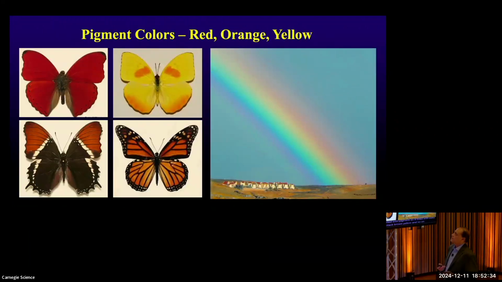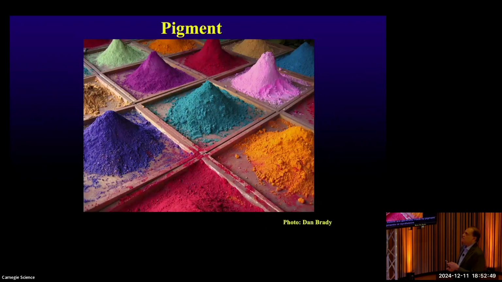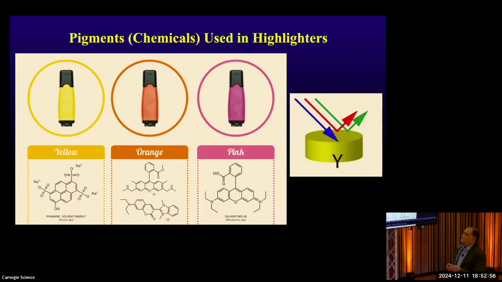So we know that pigments are often used for what we call the long wavelengths of the rainbow. So reds, oranges, yellows, browns, all of those colors are generally made by pigments. And we know a lot about how pigments are synthesized. So there are individual molecules that have color, and we think about them, for example, as the dyes we use to dye our clothing. So the way they work is that these molecules, and I'm giving you an example from the pigments that are in highlighters. So this yellow highlighter has this particular chemical compound in it. And this carbon ring structure is very good at absorbing blue light.